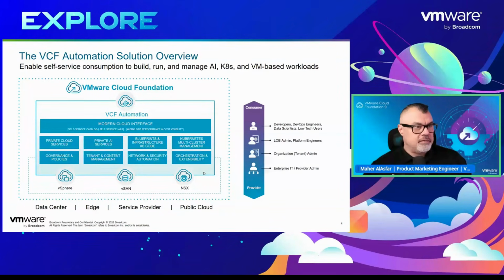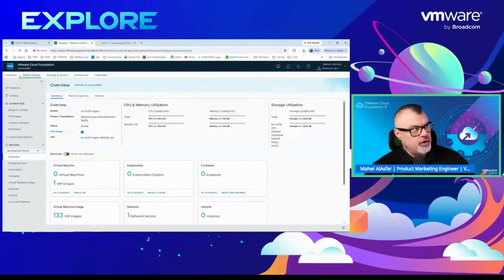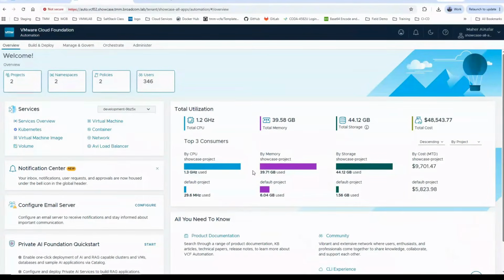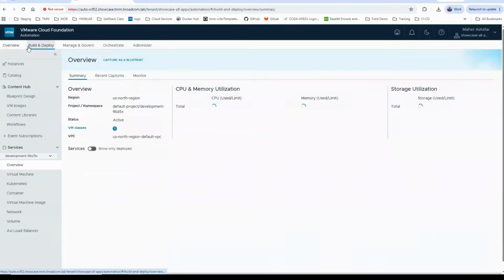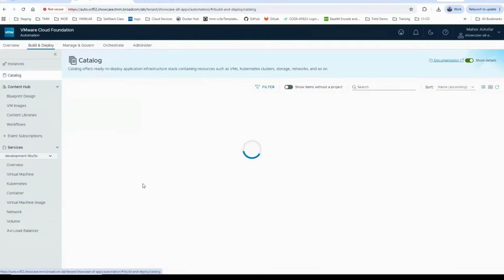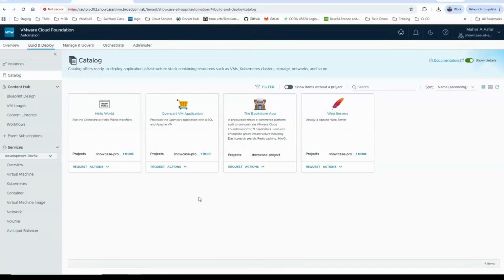Okay, so before I even start, I'm going to exit my PowerPoint and just show you a pre-established and configured environment, just so you can have an idea of what we're striving towards here. So this is the organization portal in VCF automation. And under build and deploy, this is my overview page, of course. I see the number of projects, the namespaces, the policies, the services that I have access to, and also the catalog. This is the front end for the project users to be able to go into the catalog and self-service